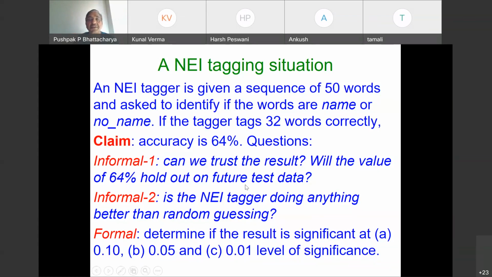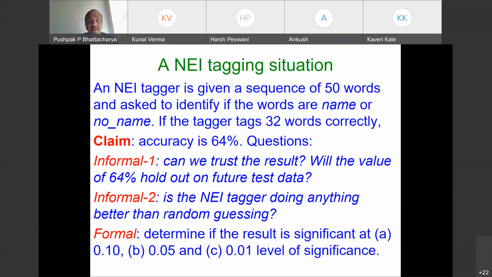So we have got this observation: 32 words out of 50 have been tagged correctly. And we are jumping to a conclusion that the tagger has 64% accuracy. You can immediately spot the fragility of the situation. Only one sample has been taken, and we have made this conclusion. So the accuracy in the population also will be 64%. Anytime we have n words, 0.64n words will be tagged correctly. So this is